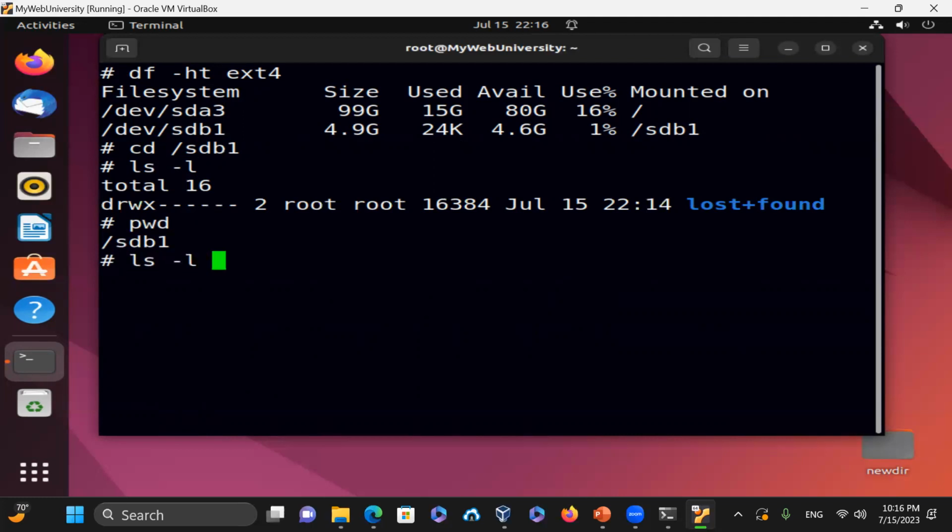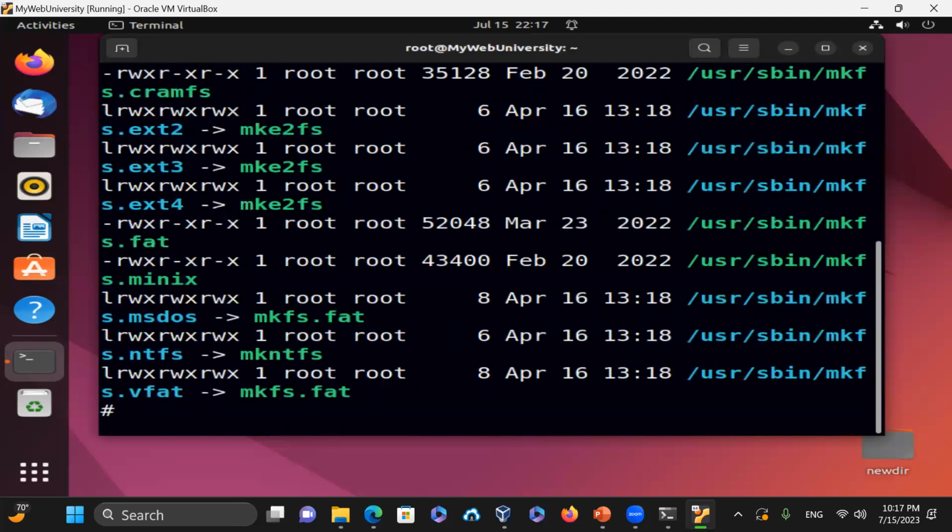So the lost and found may have the inode corruption files, inode numbers that you can recover, but at this time it is empty because it prompted me, at the time when I wanted to create it, to a different file system. And any of the file systems that are under /usr/sbin, the mkfs commands, you can just let me just do